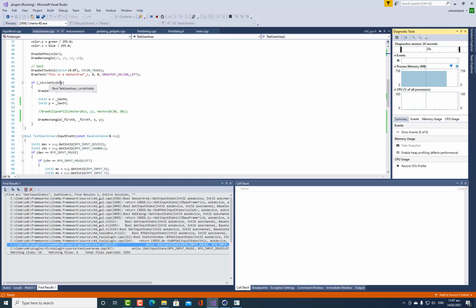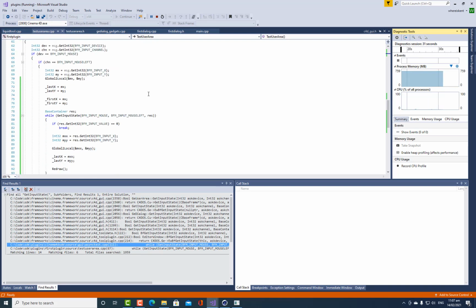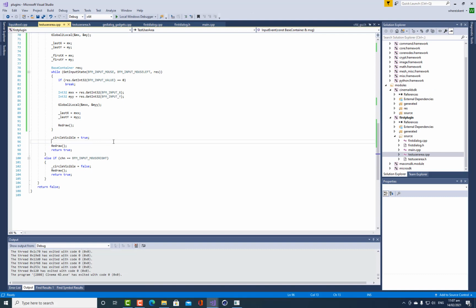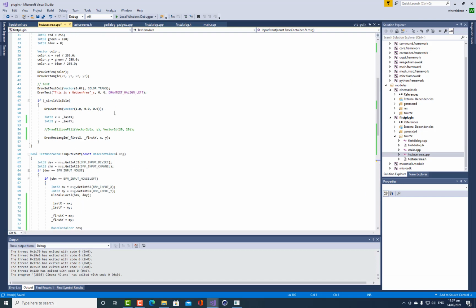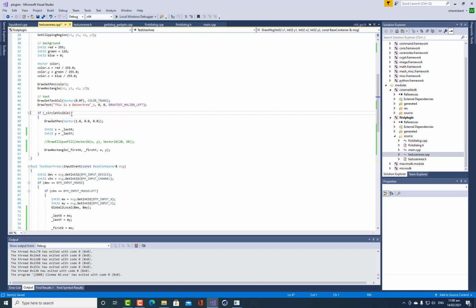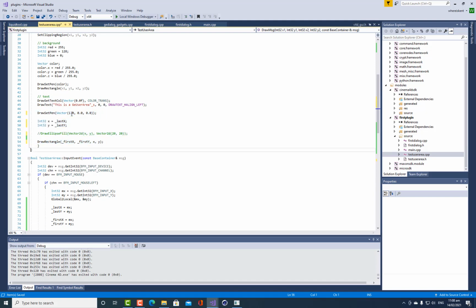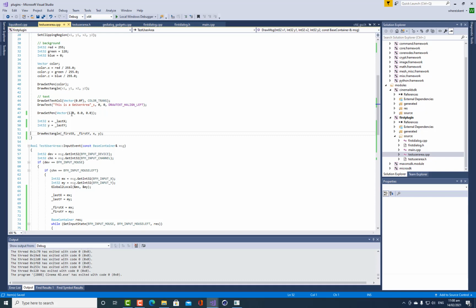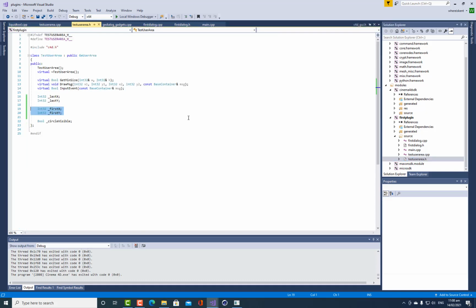The reason was blocking that code, because I'm only drawing it when circle visible is true. So if we come down here, you see that the first time we draw this, this is being redrawn here, but circle visible isn't true. So I'm just going to get rid of circle visible. I'm just going to let this draw all the time. So I'm going to remove that completely, and so I'm getting rid of that whole circle code